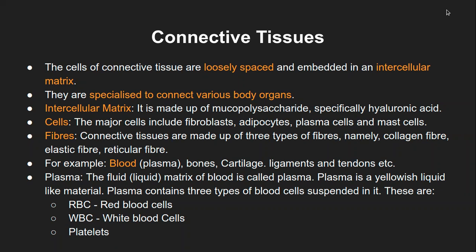So we saw intercellular matrix, we saw cells. Now the fibers, which are the third component of the connective tissue. These are made up of three different types of fiber, depending on what biomolecule has formed that fiber. If it is collagen, it will make collagen fiber. Collagen is nothing but a type of polysaccharide molecule, and that has a typical structure, forming a fiber.